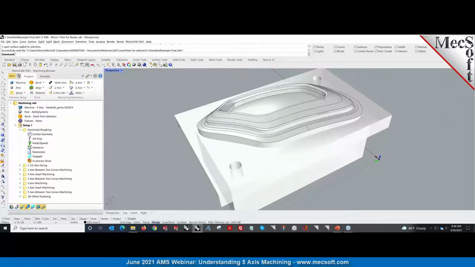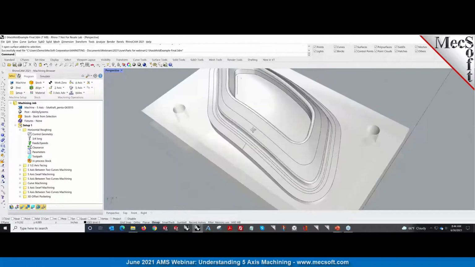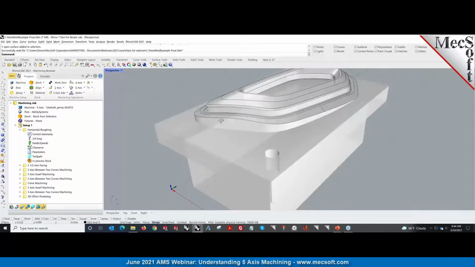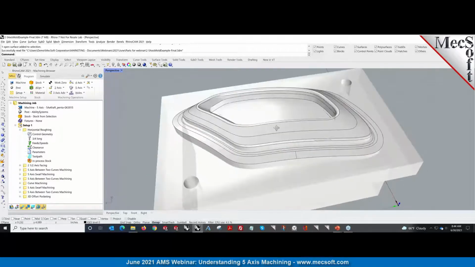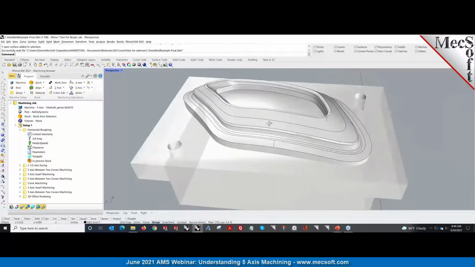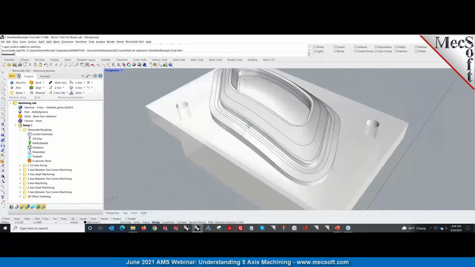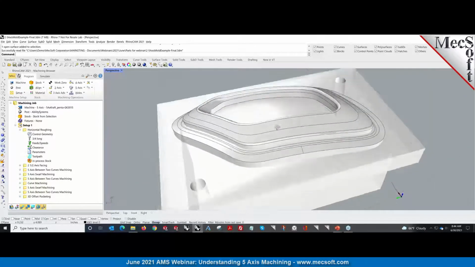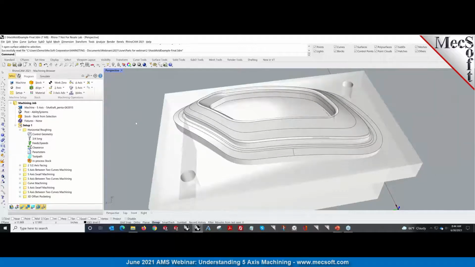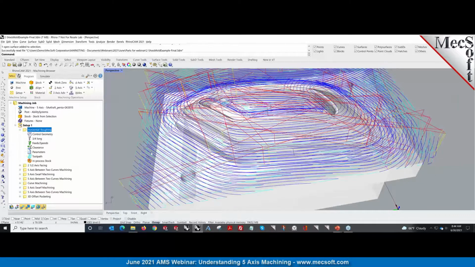You can machine this using 3-axis. You can see very nice surfaces, flowing surfaces. You can spend a lot of time using a small ball mill and trying to finish a lot of those fine surfaces. But we can show you the power of the 5-axis methods. So here, we did a horizontal roughing just like we would do on a